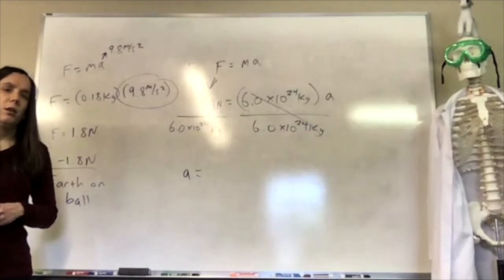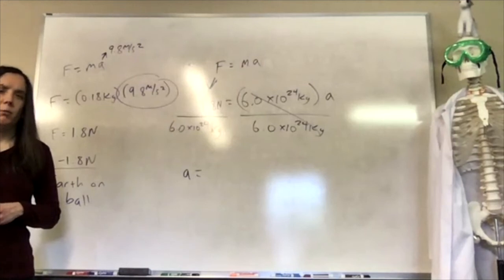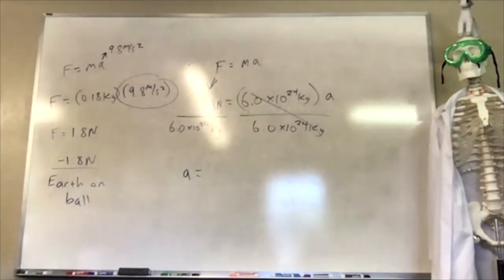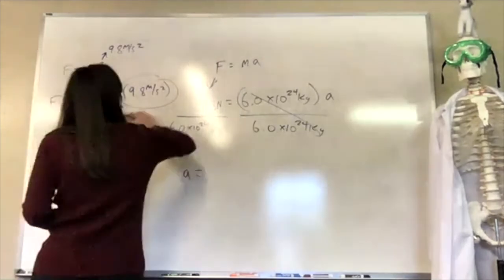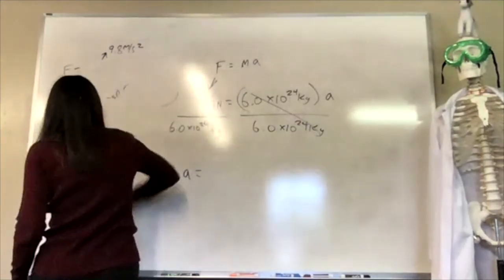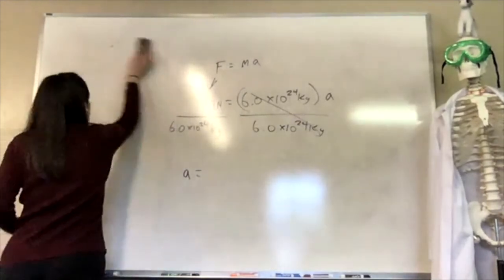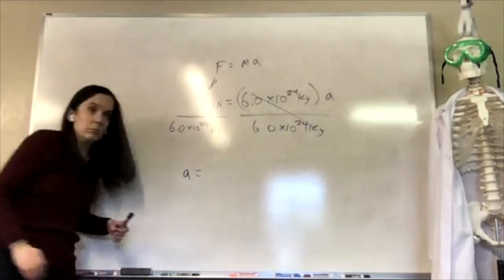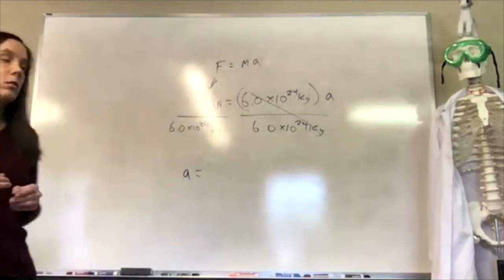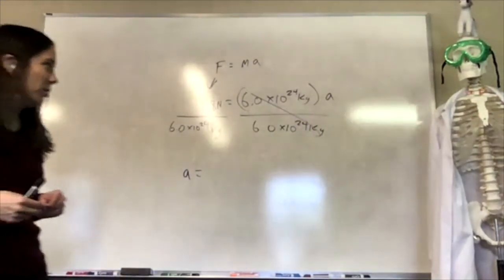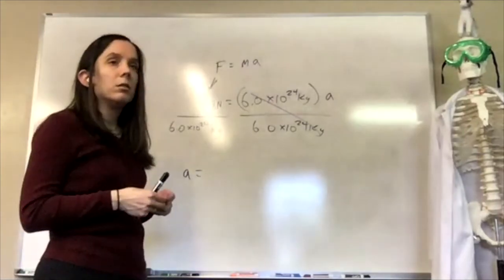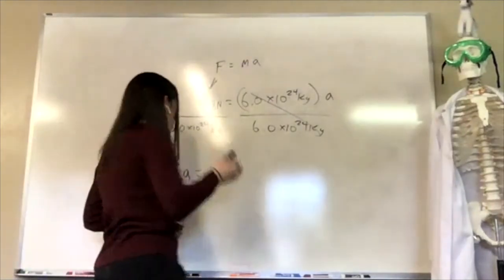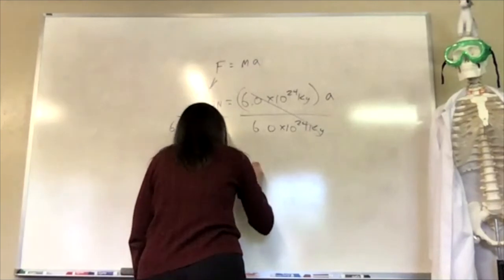Use that one, because if you don't, you might get a wrong answer. Yeah, you don't have to memorize that. Don't worry, I'll always give that to you. That's good. Yes, 3 times 10 to the negative 25